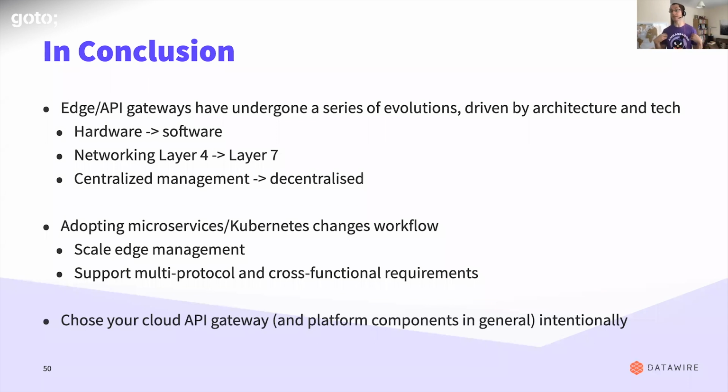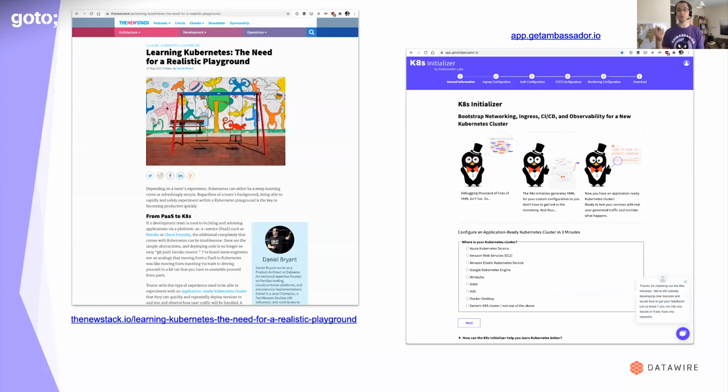And I've made this mistake in the past where I've just kind of fallen into building a platform accidentally. I would argue that you should think about your requirements, map it to the technology out there, map it to your skills, look at the strategies I've talked about there, which one favors your requirements best, and then increment and iterate based on the feedback you're getting. Having a playground is really useful. So I did an article on the New Stack a couple of weeks ago talking about the need to spin up a playground for testing around these things.